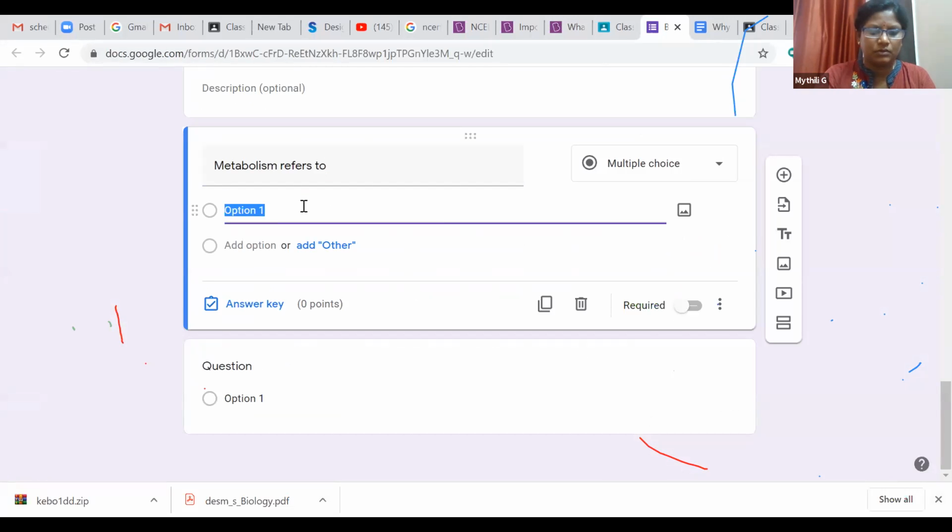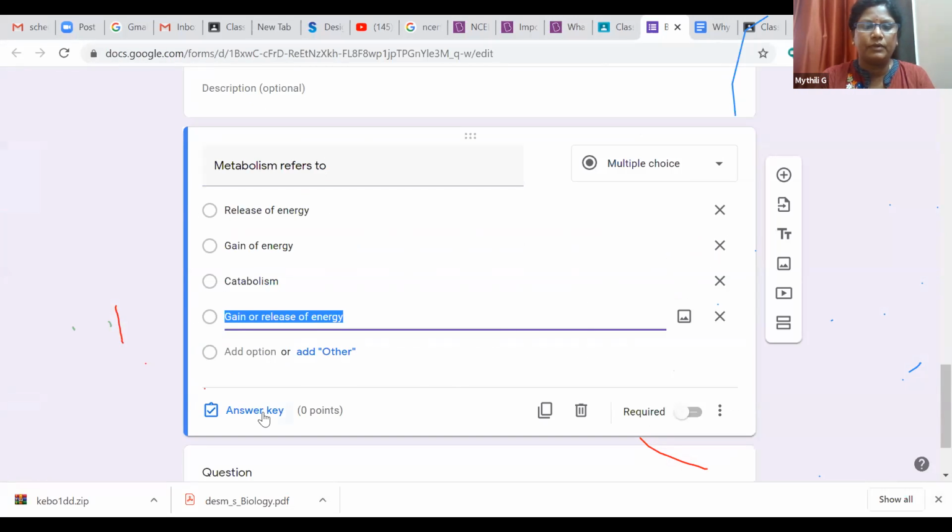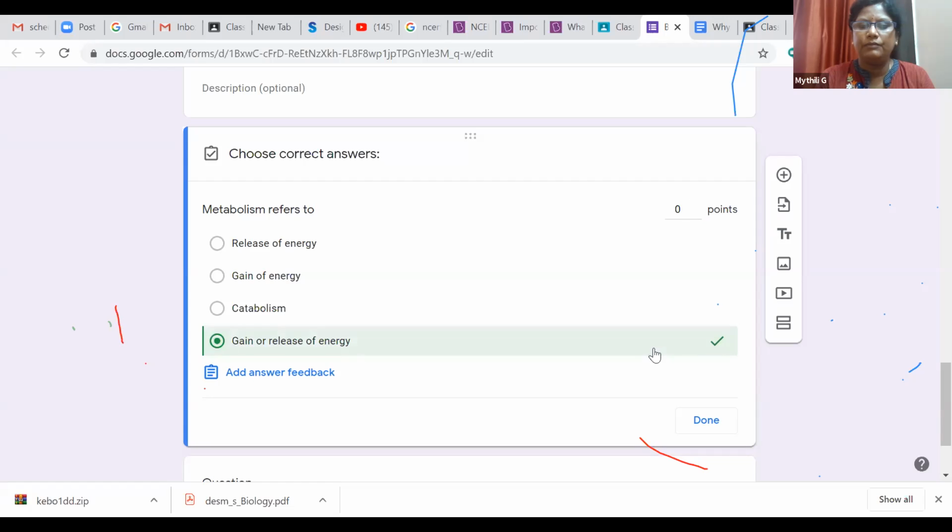So answer key, D will be the right answer, and I will put 1 mark and done.